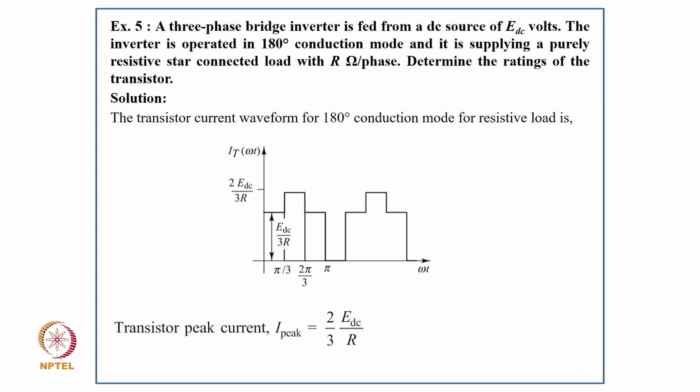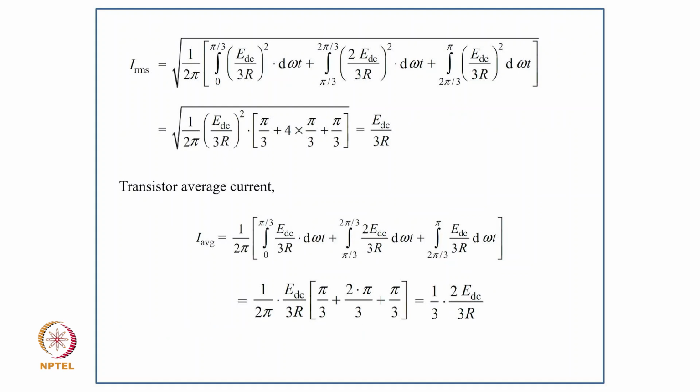So transistor peak current is IP equal to 2 by 3 ED by 3, and IRMS will be under root 1 upon 2 pi, integral 0 to pi by 3 of (ED by 3) squared d omega t, plus pi by 3 to 2 pi by 3 of (2 ED by 3) squared d omega t, and 2 pi by 3 to 2 pi of (EDC by 3R) squared d omega t, and solving this it gets EDC by 3R, and transistor average current comes I average to 1